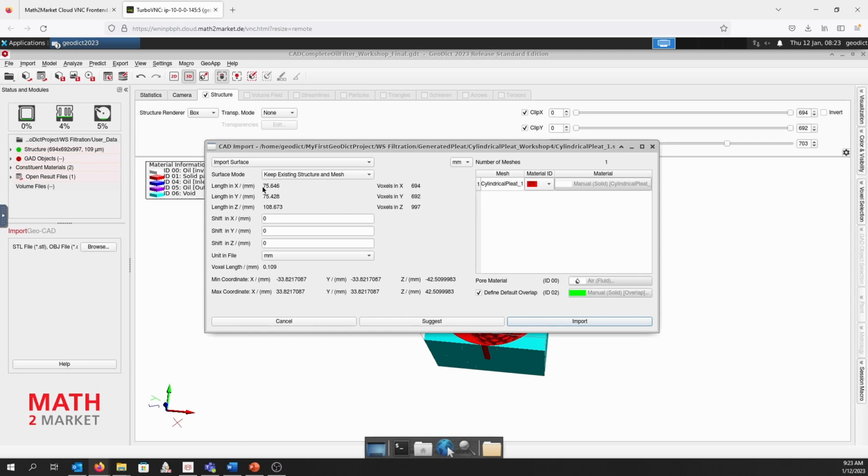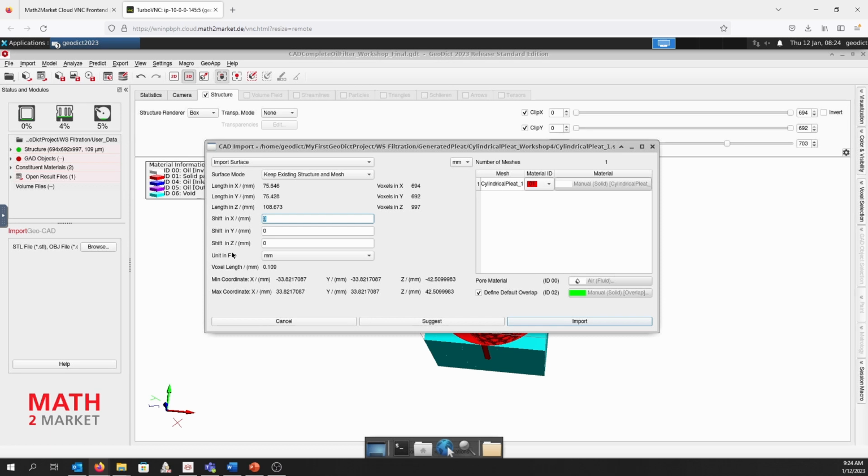Now we see that the lengths in X, Y, and Z are kept constant, so we cannot change them anymore. In the following, we specify the unit in the file, which we have set in the PleatGeo when we exported it as STL. So this is millimeters, which is correct here. And then we enter the shift in X, Y, and Z. These data need to come from the original CAD, where we already have one pleat inside. So these values should mostly be known in each case.